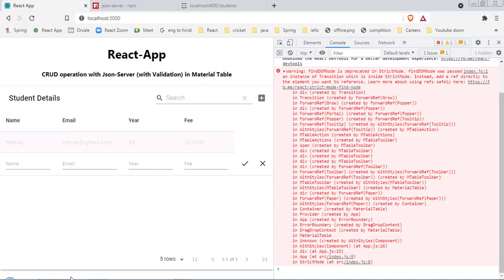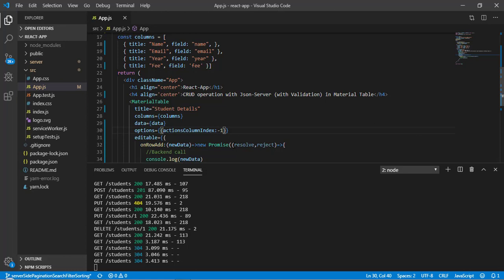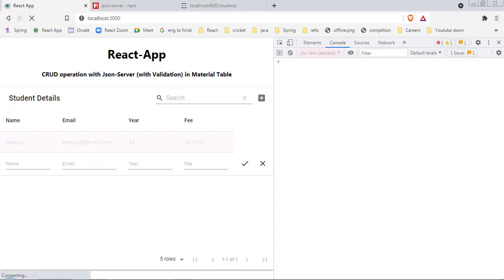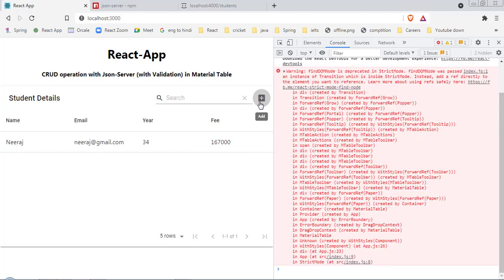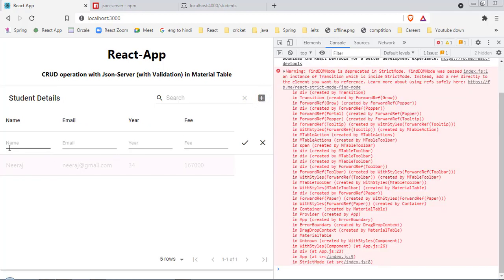For that we have to add an extra property, and that is called addRowPosition. The default value of addRowPosition is last, so we have to override this value with first. Okay, so first, now save it, and let's come back here. Okay, so now I clicked here on plus, and as you can see at the top I got this add a new row here.